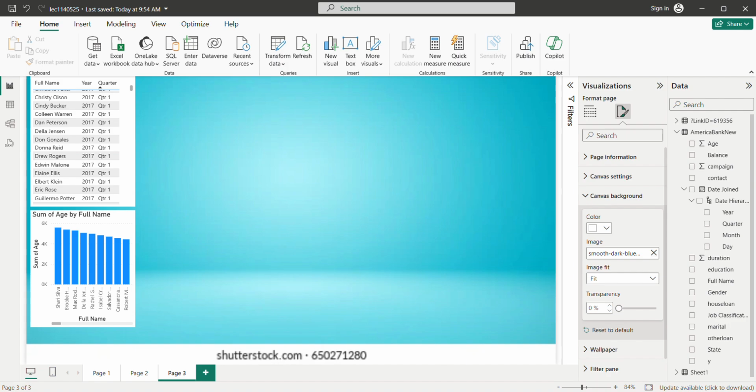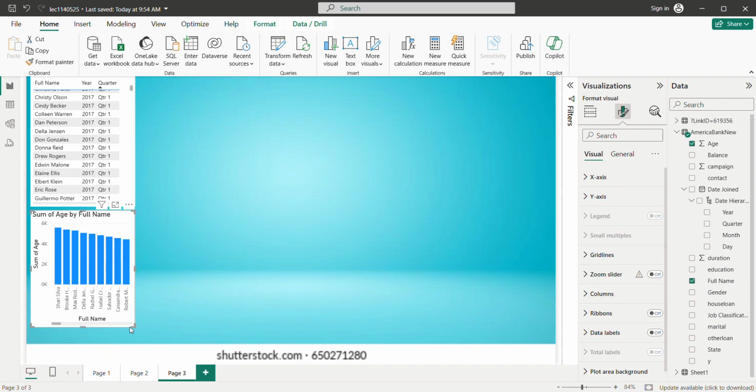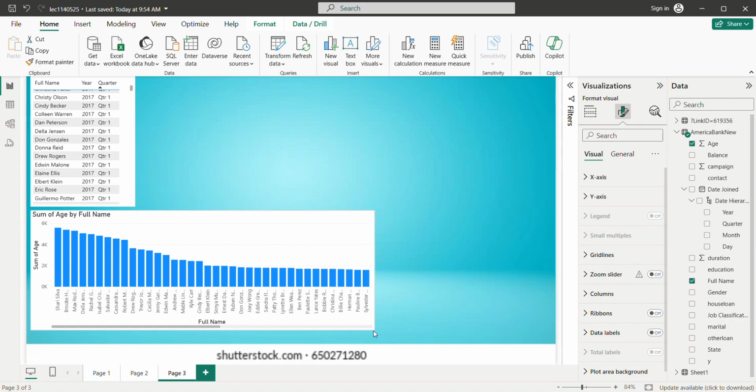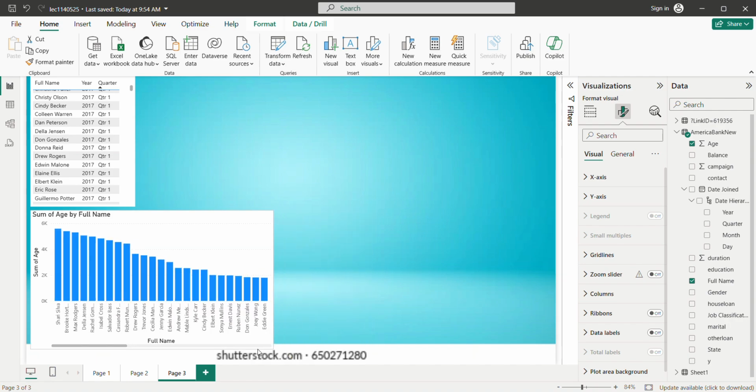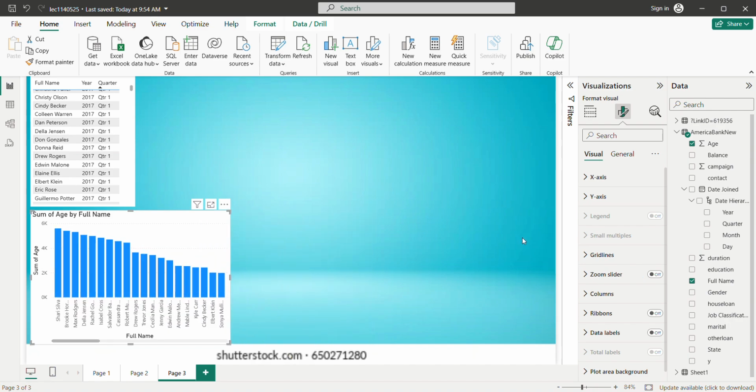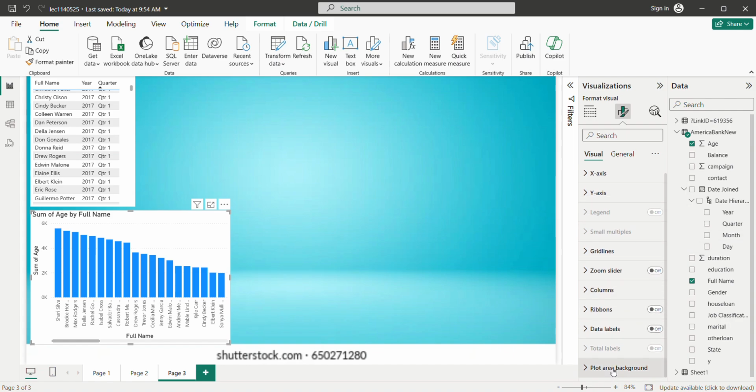Okay, so what we are going to do now is make changes for this one. We already have the graph, and it is being shown. You can see how it is visualized, right? It is showing very clearly how it is visualizing. So what I'm going to do is, in the plot area background, select this. When you select this, it will go to the format visual, and you can see that you have the